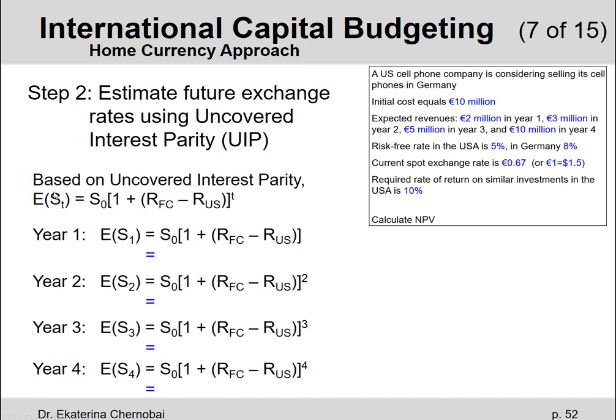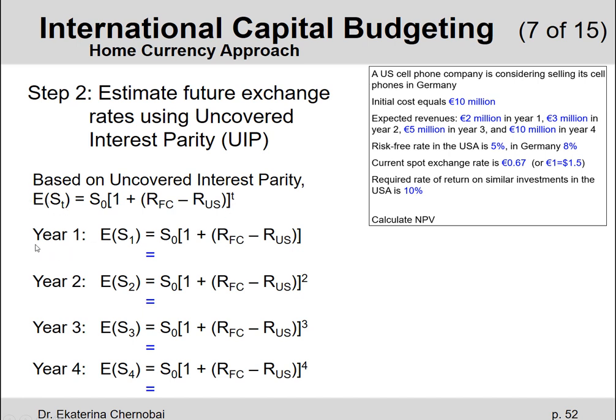The formula says the expected exchange rate for any year in the future equals today's spot exchange rate multiplied by, open parentheses, 1 plus the difference between the foreign risk-free rate and the US risk-free rate, close parentheses, raised to the power t, t indicating the number of years in the future for which we are trying to estimate the